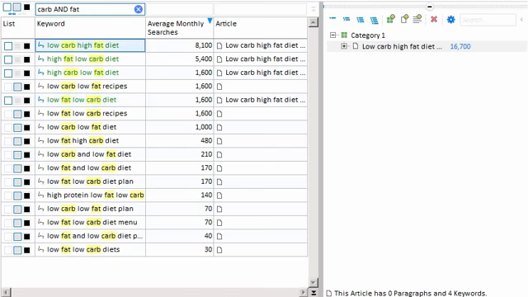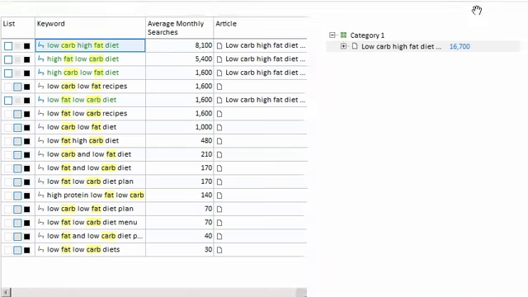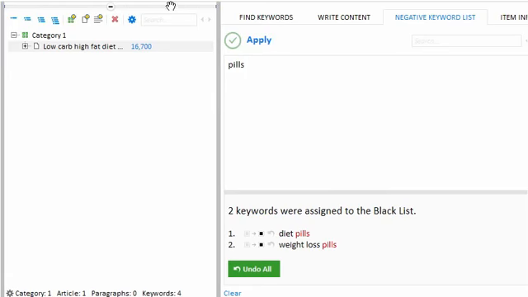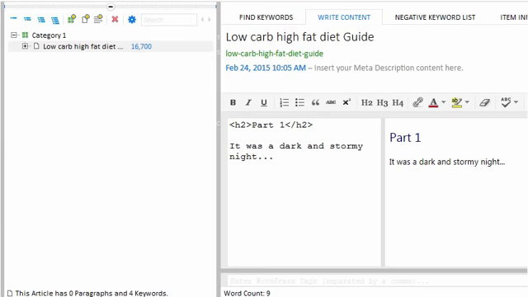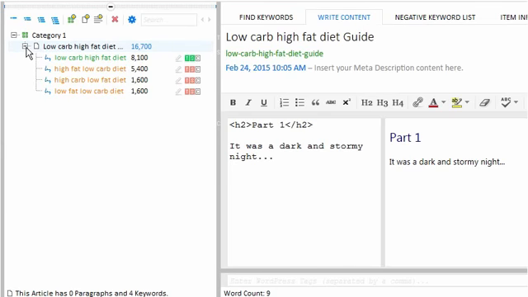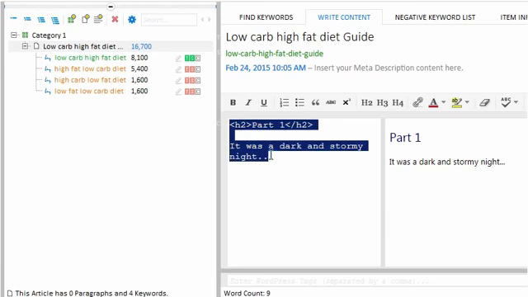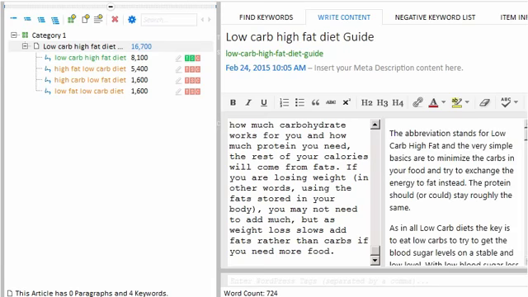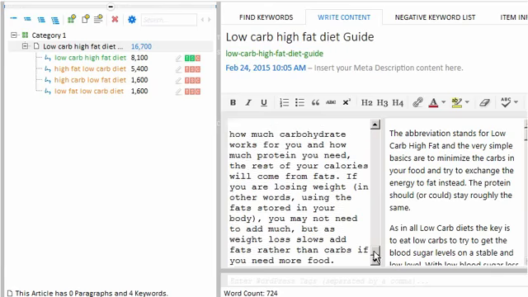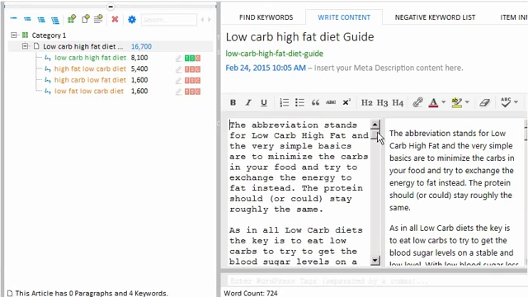Now, what about actually writing the content? Let's go ahead and slide our article tree to the left side of the app. And let's click on the Write Content tab. We'll click the plus icon to show the keywords that we've assigned to this article. And I'll paste in some random content that I got from the internet. So we're working with a very small text window here. The monitor that you use is of course much bigger, so you'll have more room to write and modify this